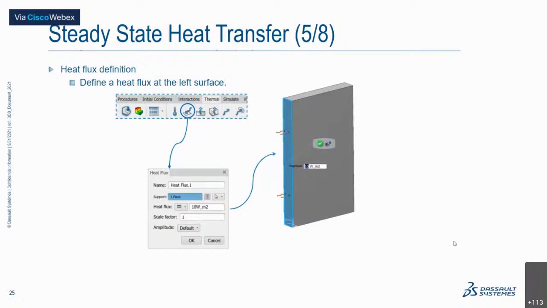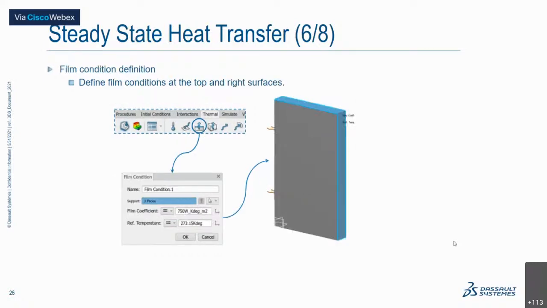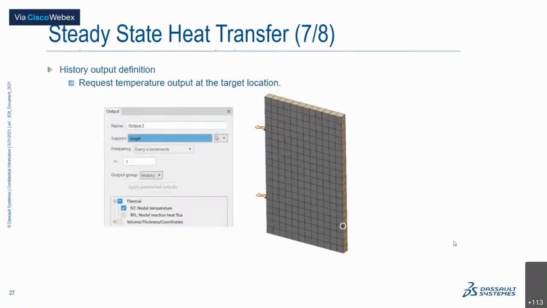So once you define that, the other two things are basically the film condition. So you'll be defining all of these values, and you'll have to enter the film coefficient and reference temperature. So the basic objective is to achieve the temperature at that particular point E and to see how the temperature varies accordingly. So now the point which you had created initially is the point you'll be selecting for the output. So for the output definition, you'll have to go and select that particular point, that is the temperature which is